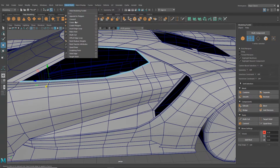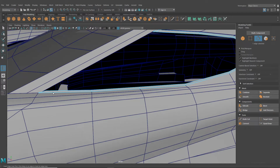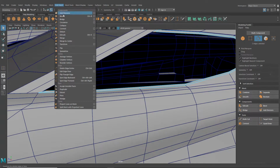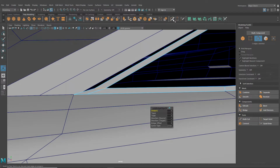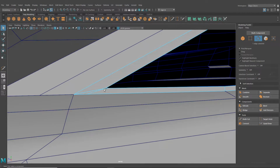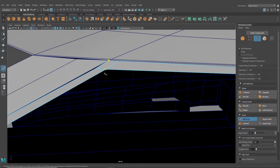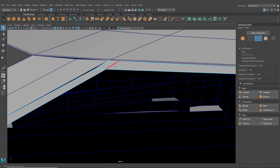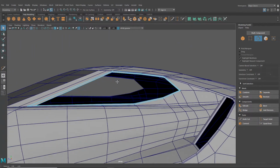Okay, let's go and grab insert edge loop, and I'm going to drop one at the top here and then one at the bottom here. And I'm going to bridge between, so I'm going to grab those two and I'm going to bridge. And then what I'm going to do inside here is I'm going to redraw. So I'm going to draw from the corner to the corner, which means I can grab this point here and delete, and that point there and delete as well. I'm going to do the exact same up here because we don't want more than we need in terms of the corner geometry here. So I'm going to rough those, Control and delete. So that's running around there with a nice little bit of